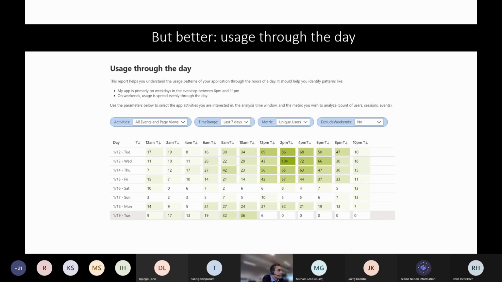So in this case, for instance, the best time to do my updates is at 2 a.m. on a Sunday morning, or 2 a.m. on a Saturday morning. Even better, 0 people are using the app. I don't want to do an update at 2 p.m., of course, because if 100 people are using the app,